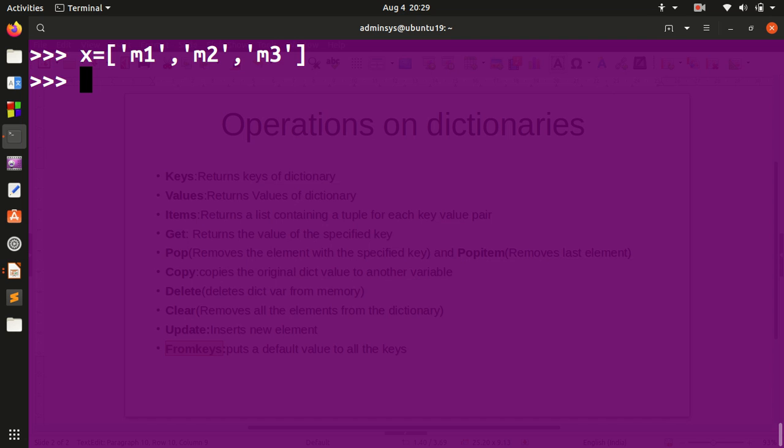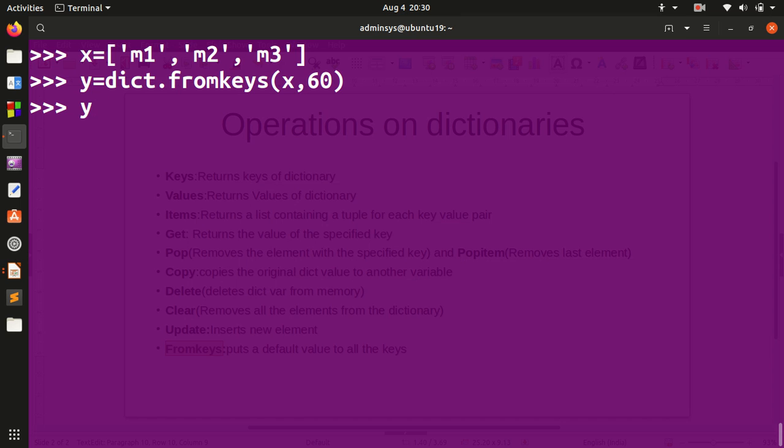So if I want to give marks based on his attendance and internal marks, then I need to give rough values to each subject. Okay, so if I mention y equal to dict dot fromkeys, if I want to give 60 to all the subjects, then I need to mention fromkeys x, that is this value x, and all the marks will be updated to 60.